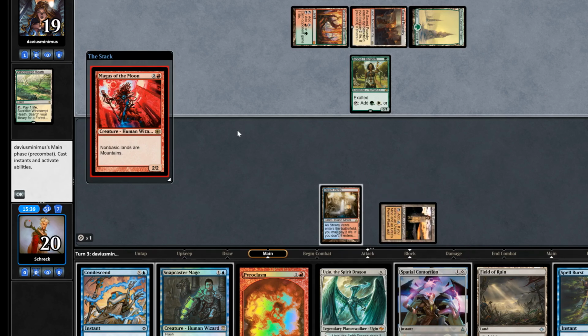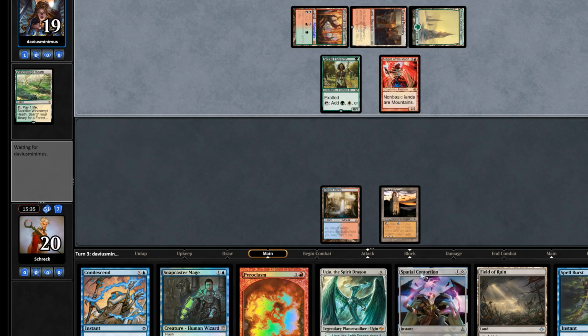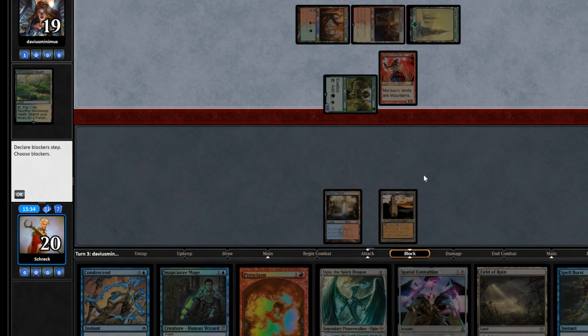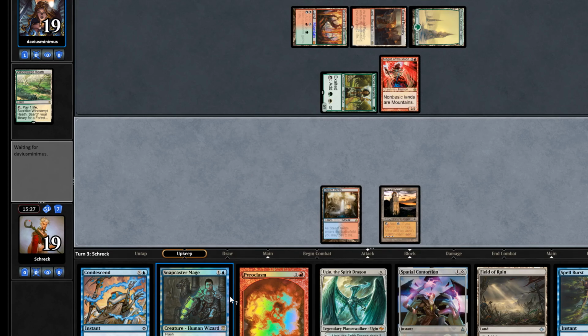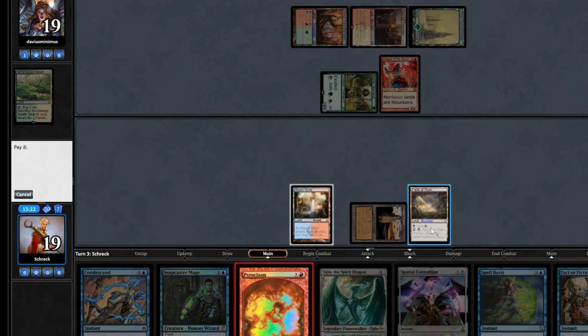I don't know what he'll do, but hopefully he won't make the mistake of overextending as much this game. Tap for 1. Wait, mountains? I play Pyroclasm. I don't care. I could float Spatial Contortion and kill that, but I really just want to